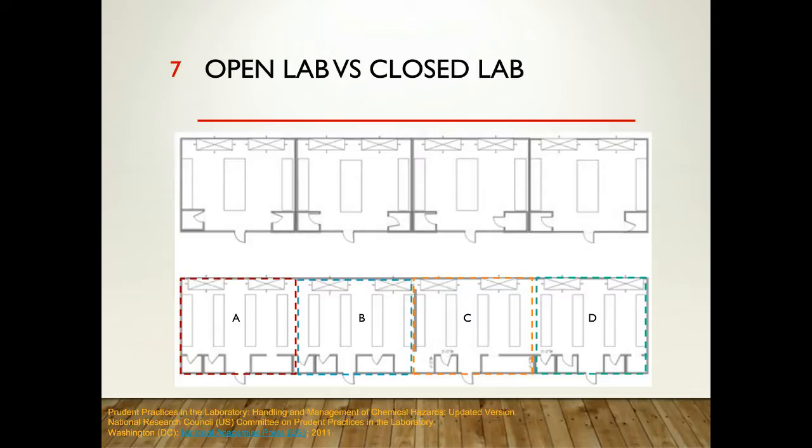So say you have four researchers in individual labs, pictured on the top. One works with radioactive materials, one is a chemist that does synthetic work, one is a virologist, and the last one does animal model work. If they were to move to an open concept lab like the picture on the bottom of this slide, how do you keep the different hazards that each researcher works with separated? How do you make sure that someone that works in lab A knows the hazards of what is in lab C? So there's the difficulty with the open concept,